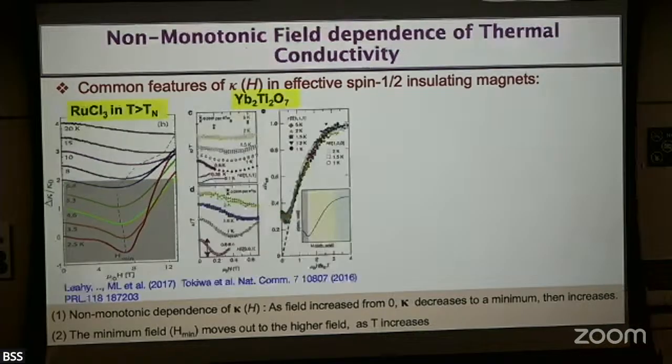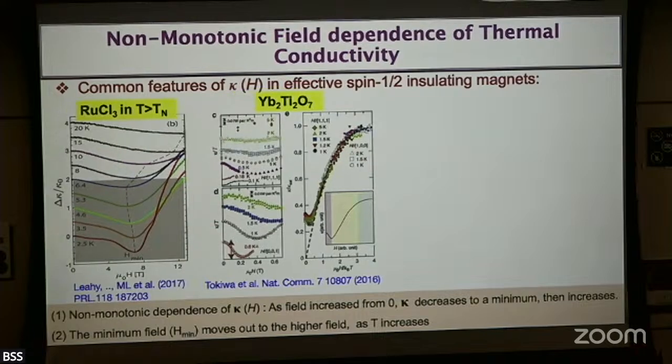So I actually looked at other quantum spin liquid candidates. The common thing, from an experimental point of view, is that there's no magnetic order, so it's all a paramagnetic state, right? And look at this: ytterbium titanate has a minimum. When you scale H over T, they all merge together, and at high field it is increasing.